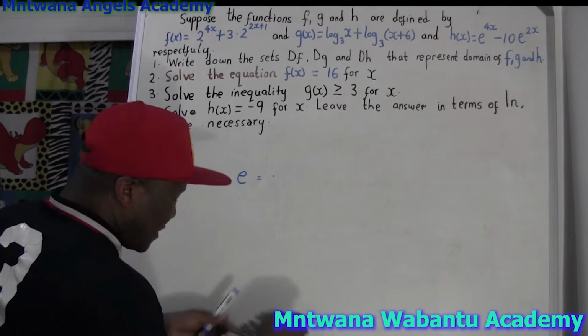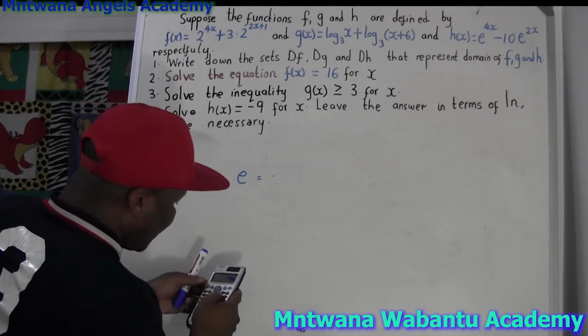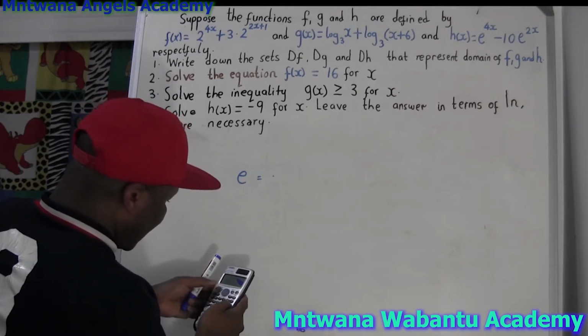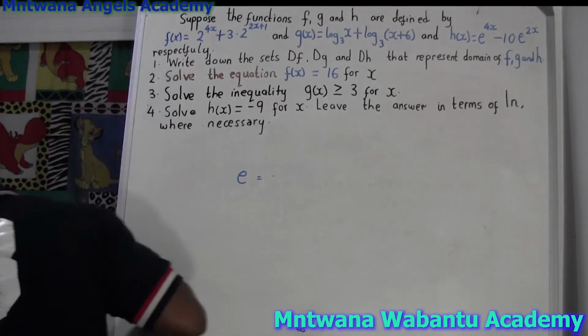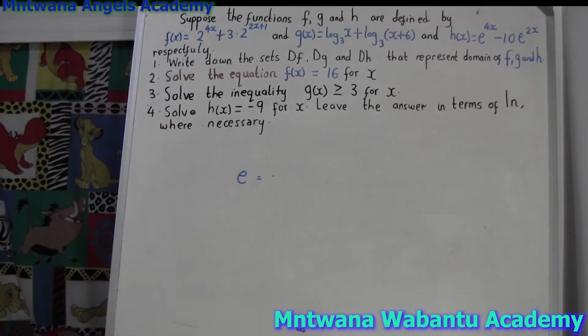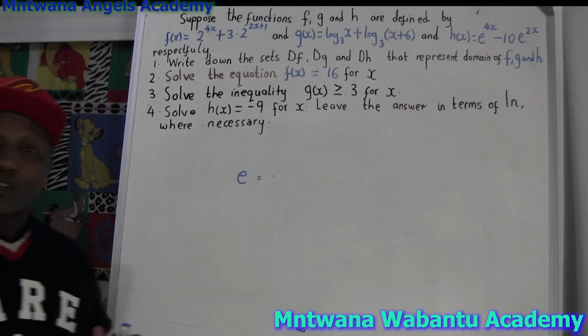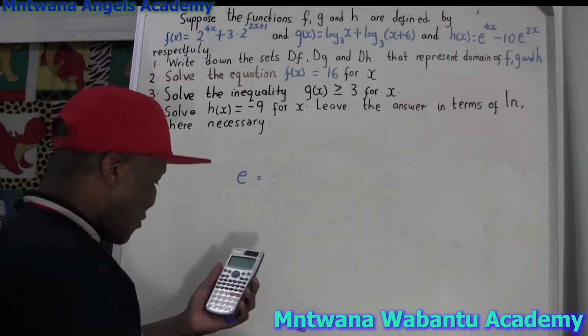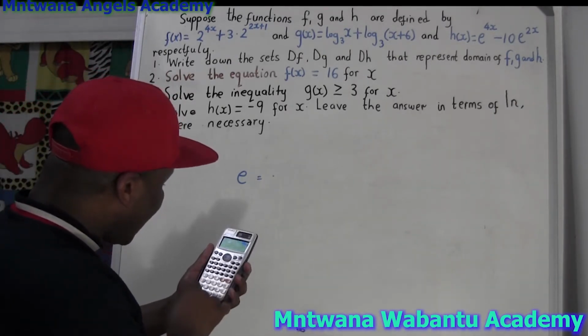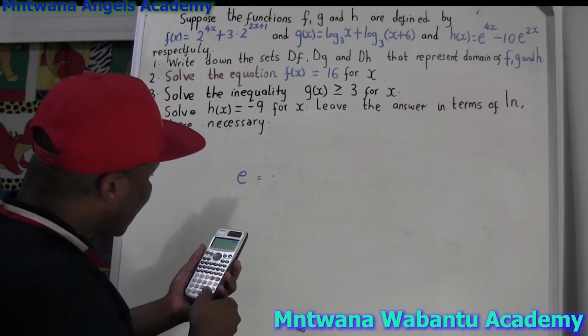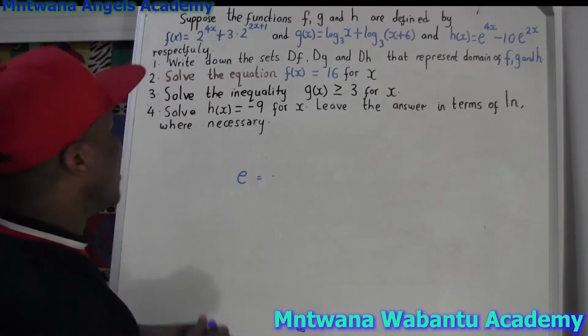Let's see. E. So you play shifting E power 1. See the value of E, excuse me. 2 power something. Oh, my calculator, man. This calculator is not working. I don't know where to keep my calculator. Excuse me. Forgive me. Oh my God. Oh, I got it. Sorry. Excuse me. I'm sorry. The other one does not work. Let me put it out of the way. Okay. E shift in power 1. Yeah, 2.718. So E is